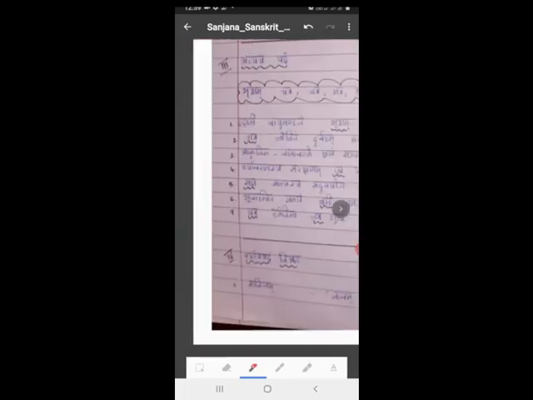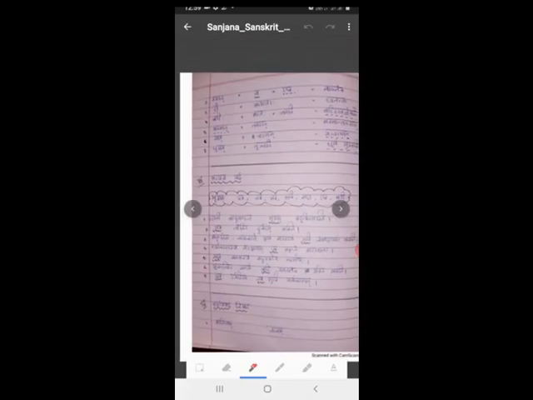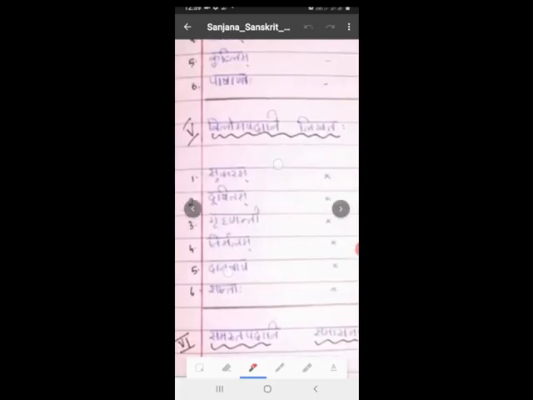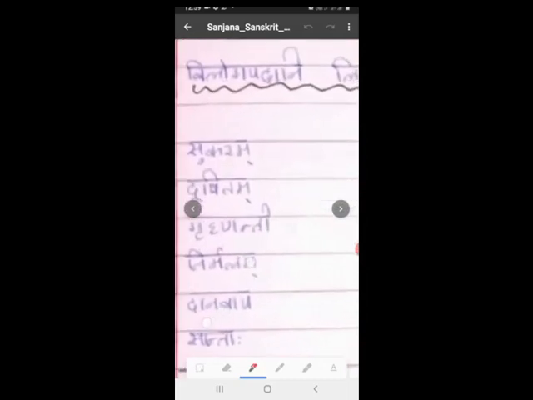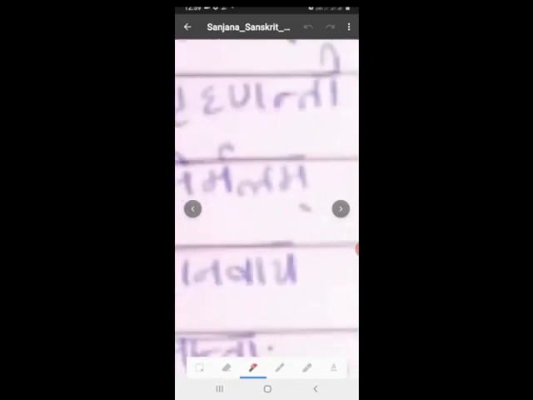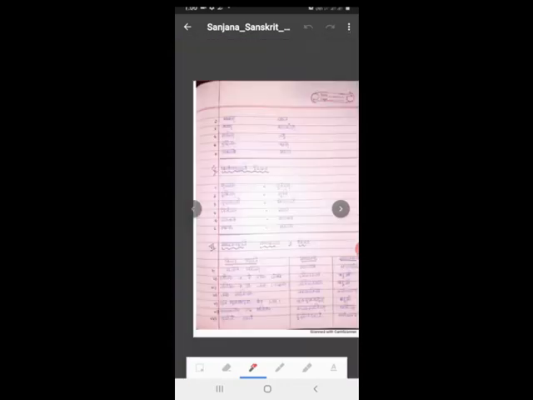So I am going to the second page, reducing to show the whole page. This is also okay, this is also okay. So I am simply showing you, not reading. Then going to the next page. If you want to correct any word, you can increase the size and do that. Minute correction you can also do. That's a benefit of this. Minute correction you can do by maximizing the page.